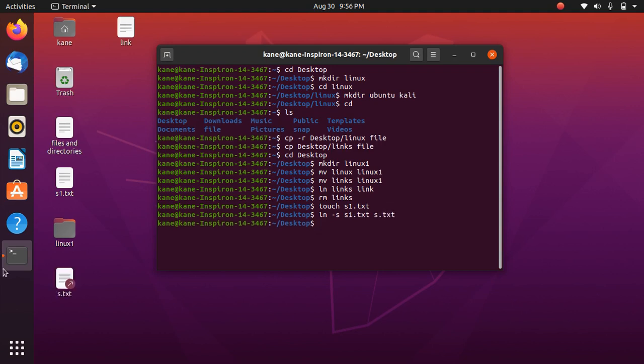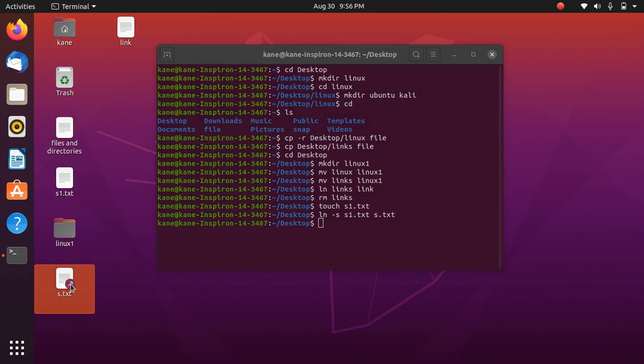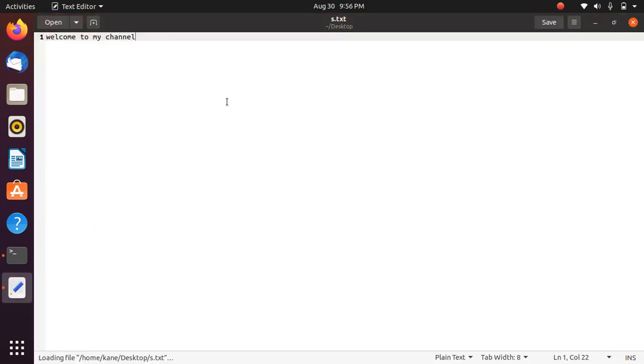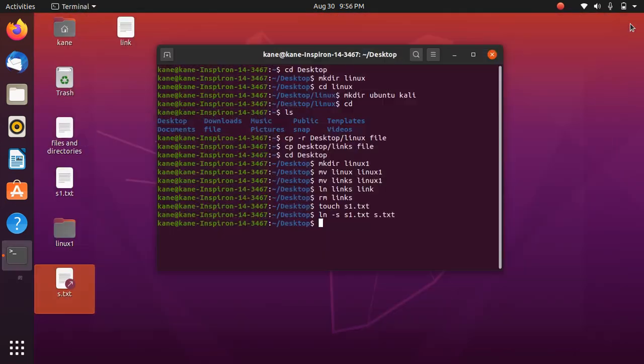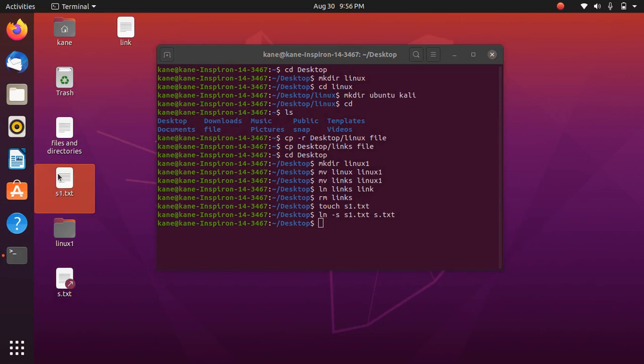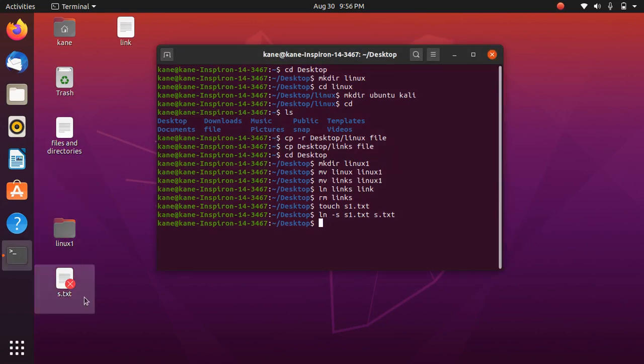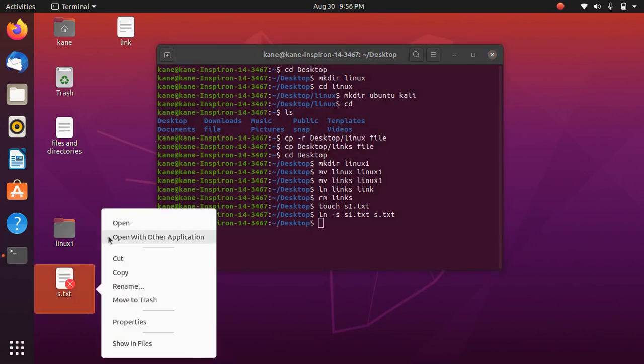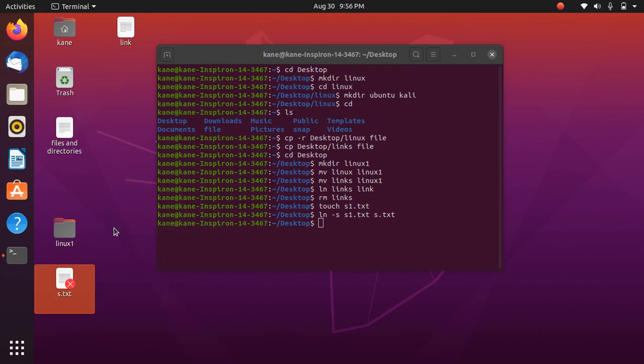As you can see, this is a soft link, the shortcut of the particular file. It has some data, and if you delete the original file, which is s1.txt, we get the symbol of a cross, and I can no longer open this file because it is broken.